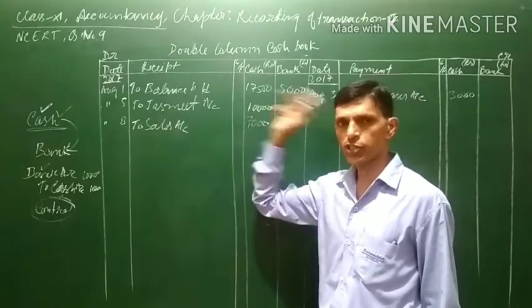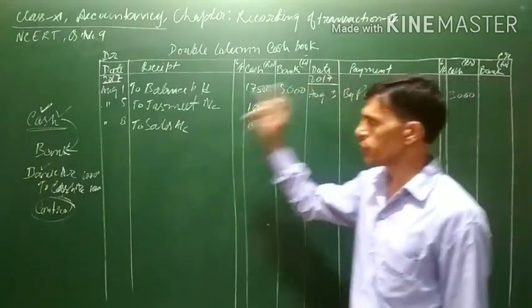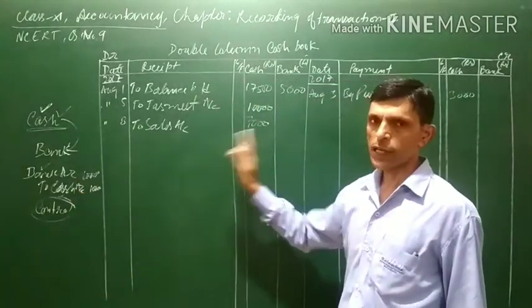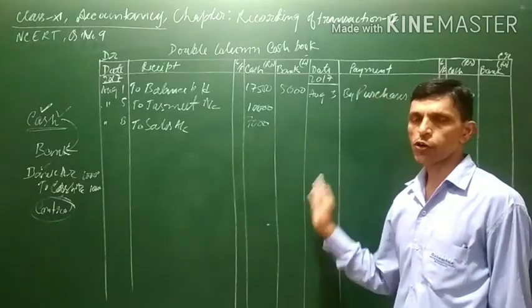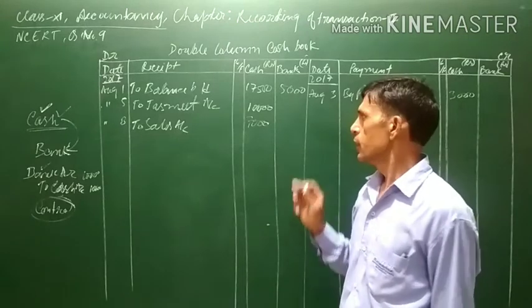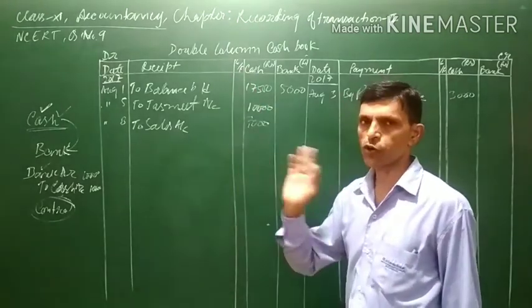Sales will be transferred to the sales account also. Similarly, purchase will be transferred to the purchase account. But this bank and cash are both here itself. A bank account is also there; the bank and cash columns are both here itself. So it will not be transferred to any other account, and this type of entry is known as a contra entry. For this type of entry, in the ledger folio column, C is written for contra entry.